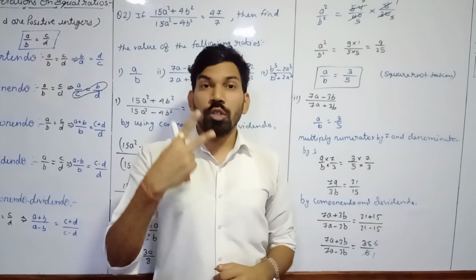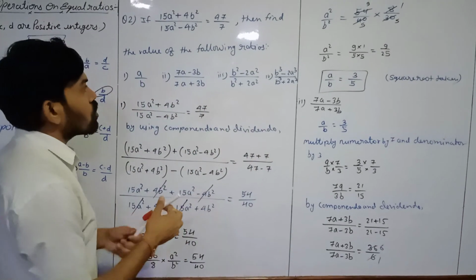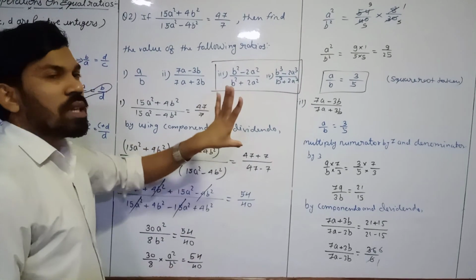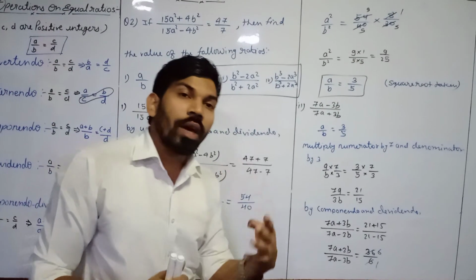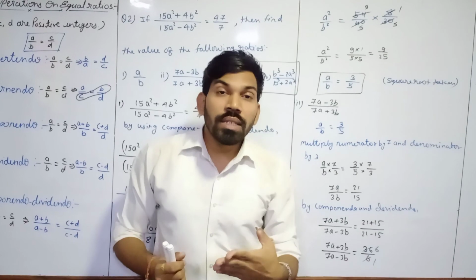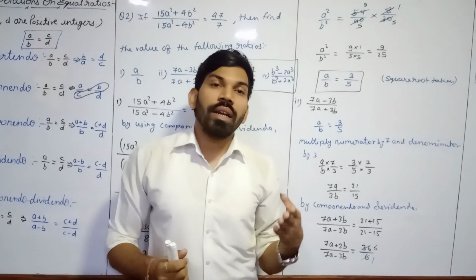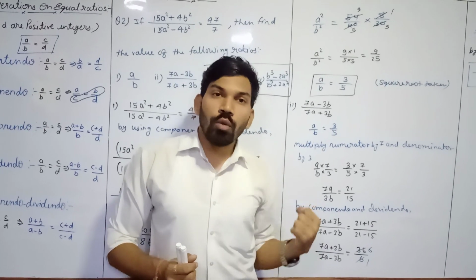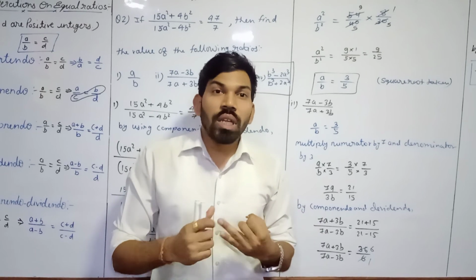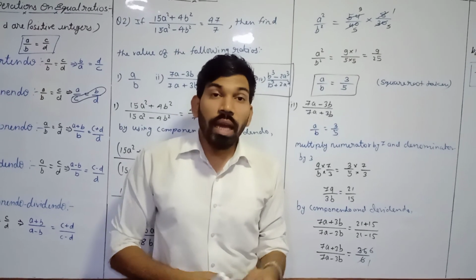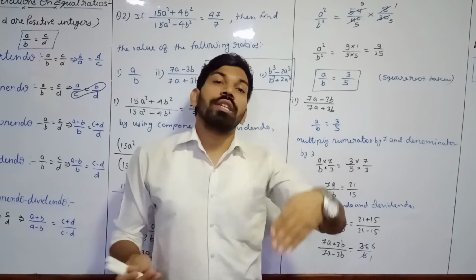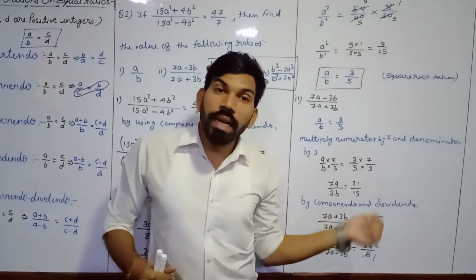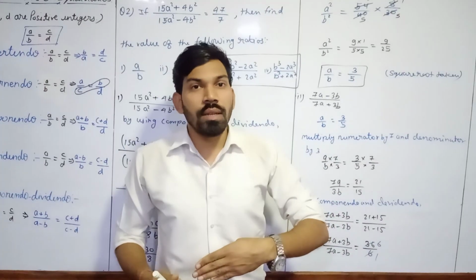In question number 1 you have 2 homework sums, and also the remaining 2 sums, that is 3 and 4, you have to solve on your own. The same thing we have to apply. First check whether a and b square or cube is there. Then check which numbers are multiplied with the numerator and denominator, that is with a and b, multiply them, then apply whatever is applied in the question's ratio, componendo, dividendo, whatever. And in case we have minus in the numerator and plus in the denominator, what we have to do, like in the second sum, is use invertendo and we will get the answers.